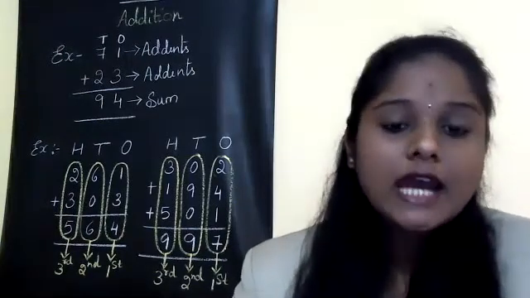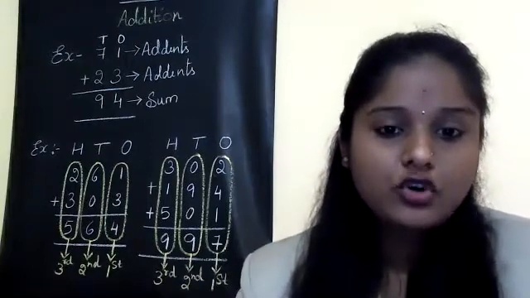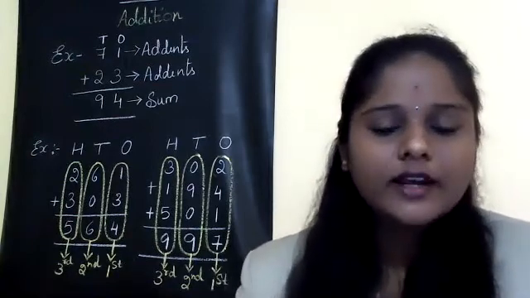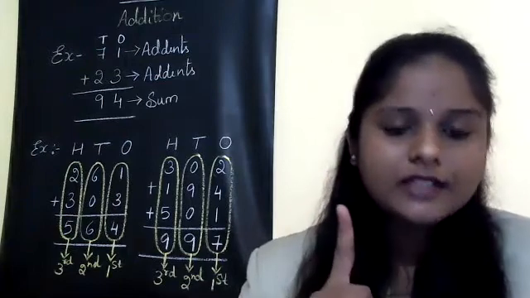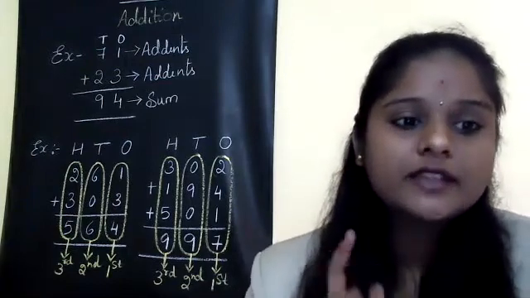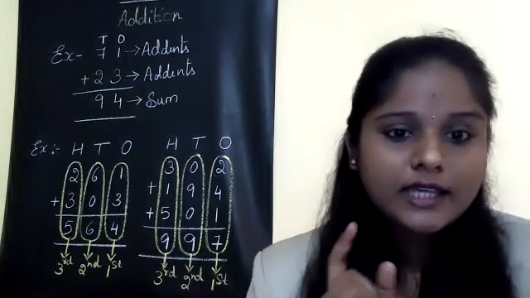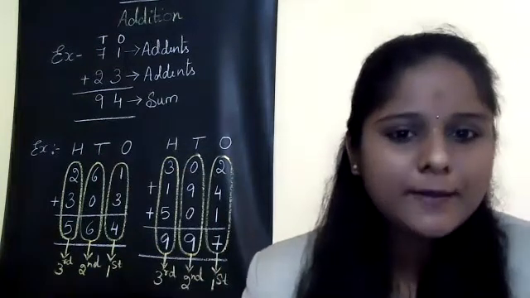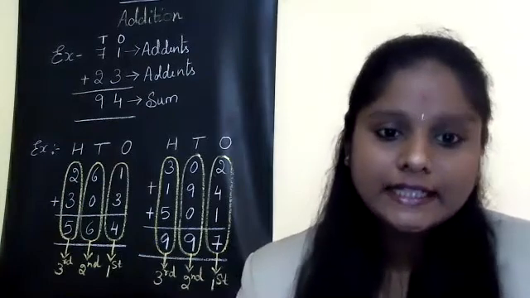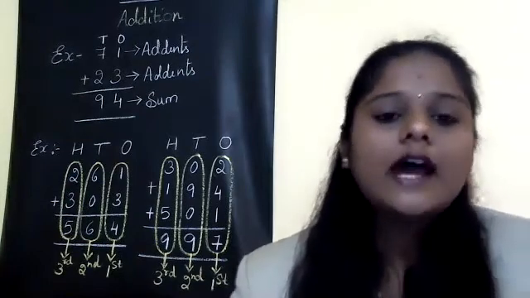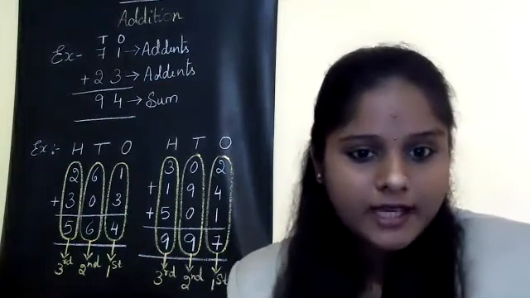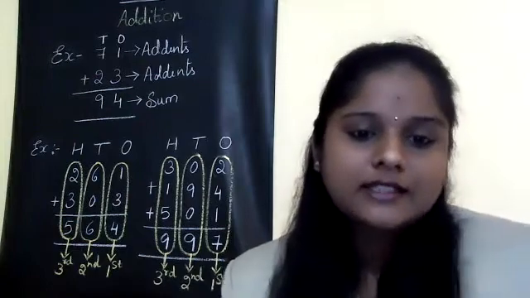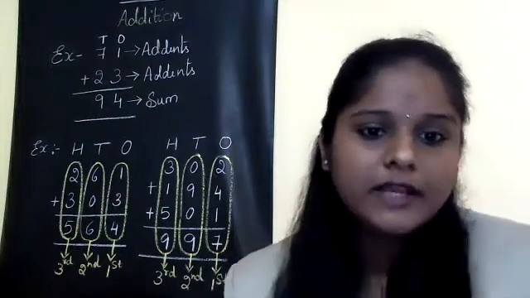Next step is to write the number. We have to write the numbers according to their places. So the first number was 261. Here 1 comes in the ones place, 6 comes in the tens place, and 2 comes in the hundreds place. And that is what we have written over there. Okay. And the next number is 303. Okay. And here 3 comes in the ones place, 0 comes in the tens place, and one more 3. That is the 3 present in the hundreds place. We have written it below H.